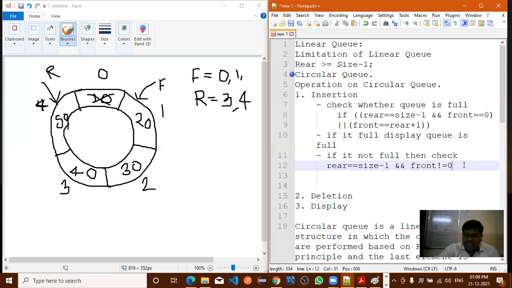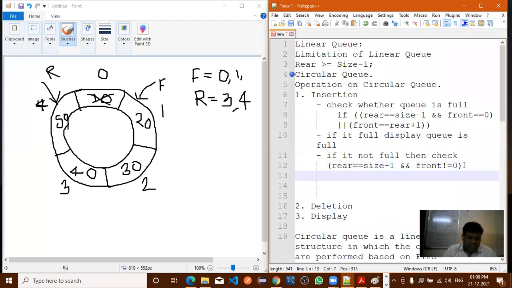So what we are checking here is front is not equal to 0 and rear is equal to size minus 1. At that time, all of you give attention, if it is true,